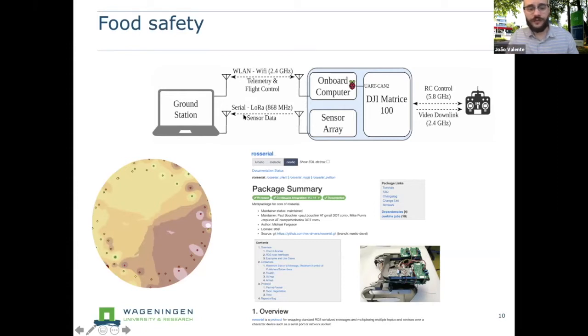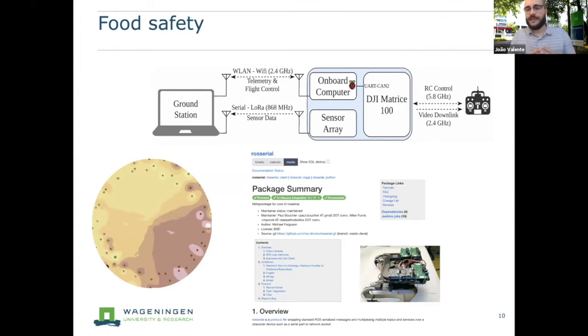And here we can also receive the information from the sensor array, and we are reading it directly using a serial package, because this communication is a serial LoRa communication. So here we have a device which we connect through serial. We can read everything.